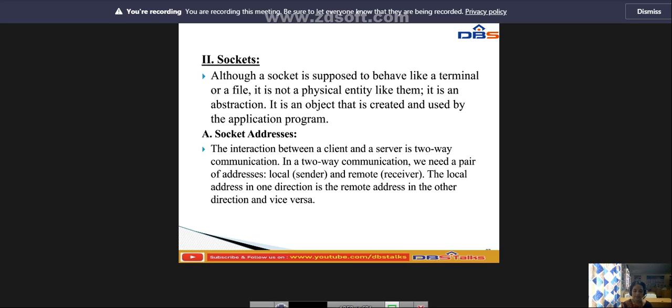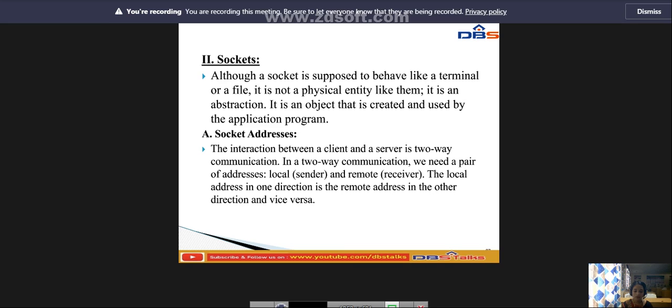The local address in one direction is the remote address in the other direction, and vice versa. Since the communication in the client and server model is between two sockets, we need a pair of socket addresses for communication: a local socket address and a remote socket address. We need to define a socket address in terms of identifiers used in the TCP/IP protocol suite.